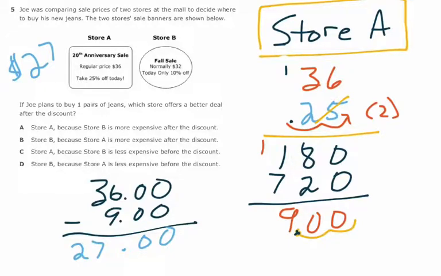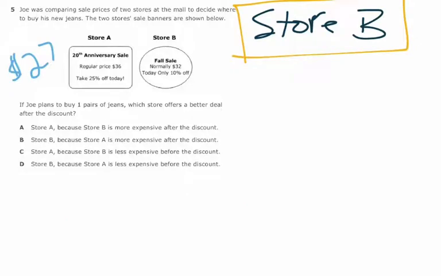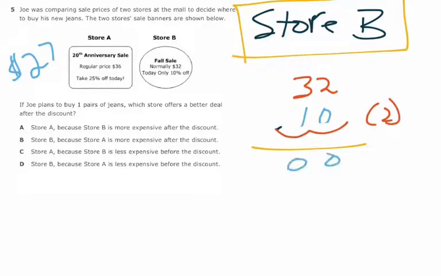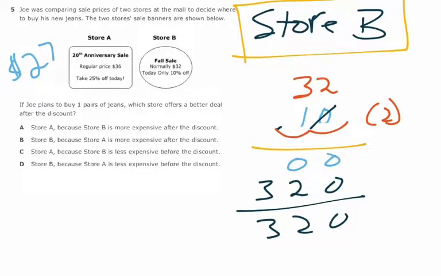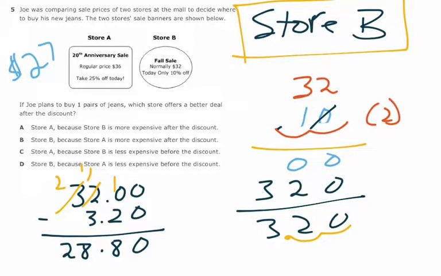Now we're going to do the same thing for store B. Store B has a regular price of $32 with a 10% discount. So we're going to turn the percent into a decimal just like we did last time. Draw our line, set up for multiplication, move the decimal over. We get a row of zeros to start with because we have all zeros in here. And then we move on to the 1, which is pretty straightforward. We get what looks like 320, but once you move the decimal back, it's $3.20. So a smaller discount, and if we start at $32 and we subtract 3.20, we get